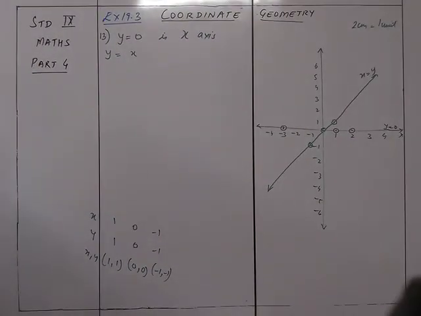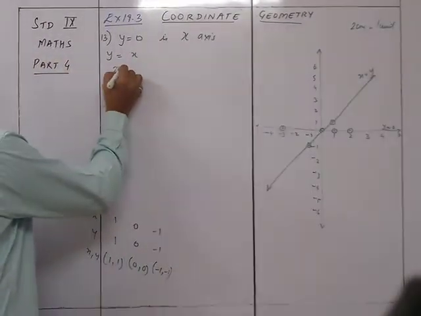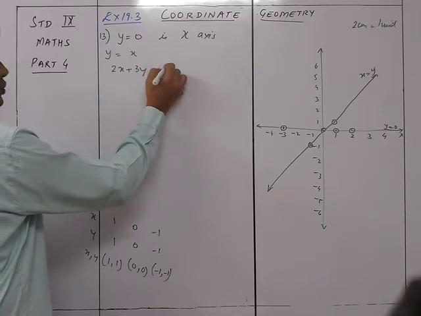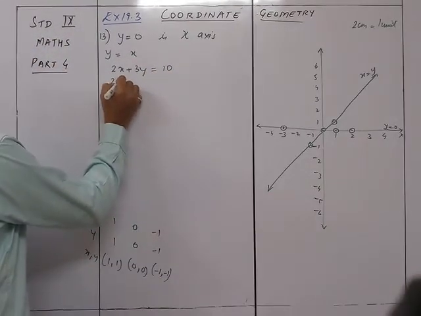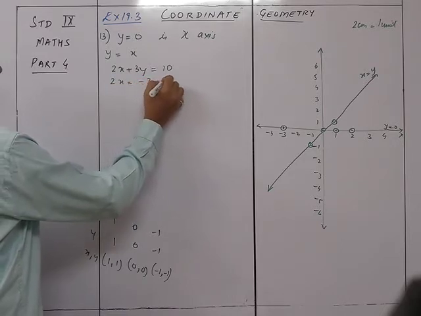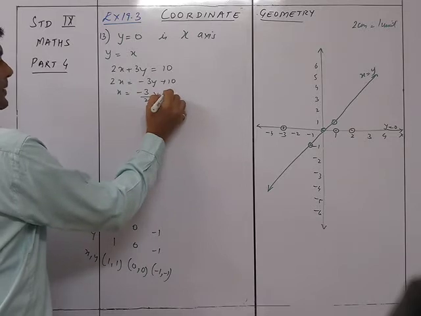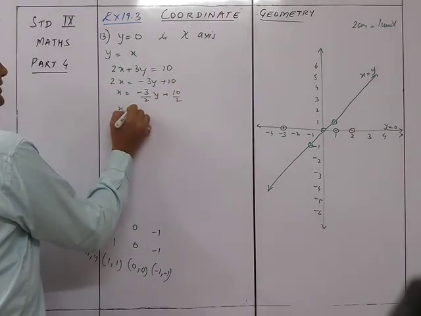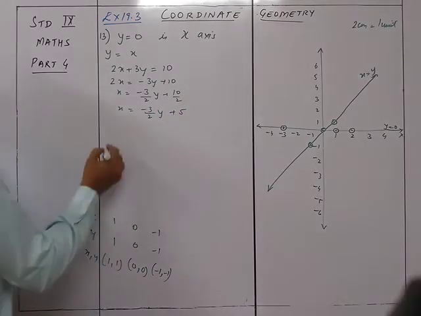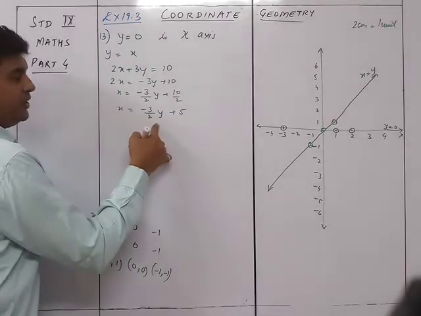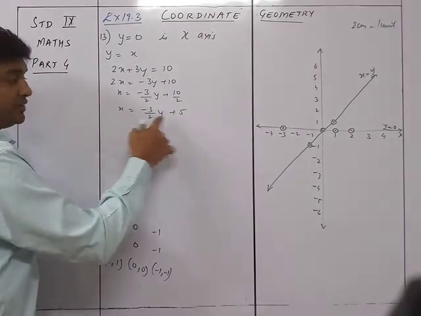Okay, now we see the next thing, and that is the third equation, that is 2x plus 3y is equal to 10. Now this is important. We have over here that 2x is equal to minus 3y plus 10. So x is equal to minus 3 upon 2 y plus 10 upon 2. So x is equal to minus 3 upon 2 y plus 5. Accordingly, you are going to take the values in such a way that this remains negative, so that it will subtract.